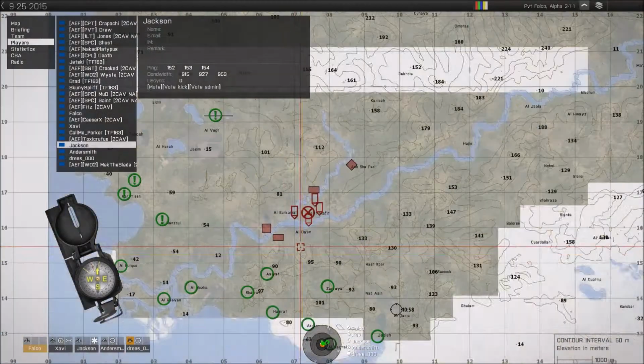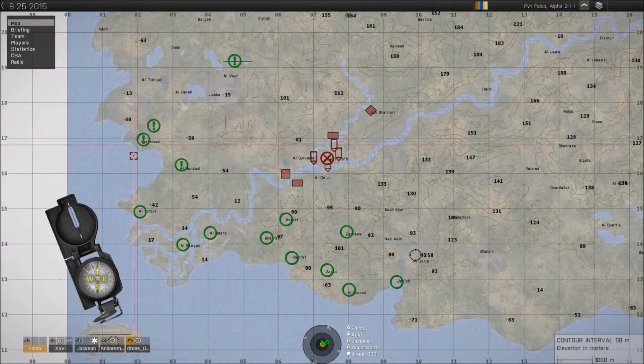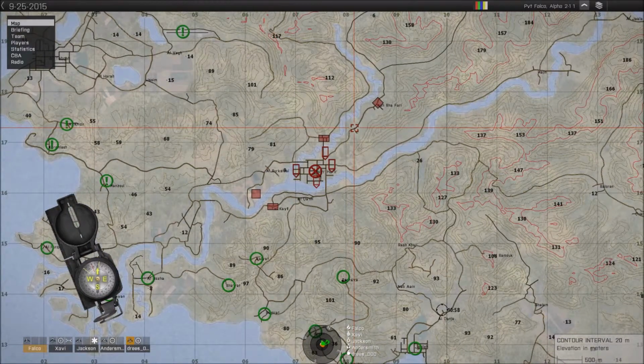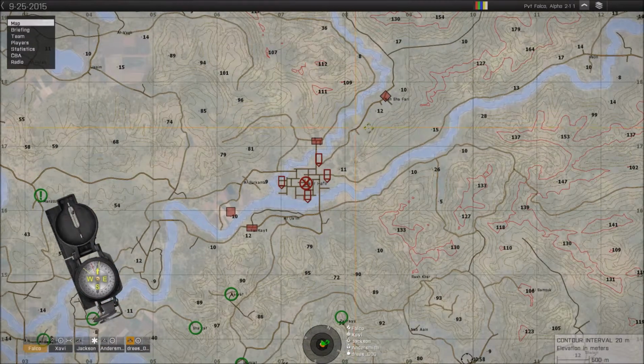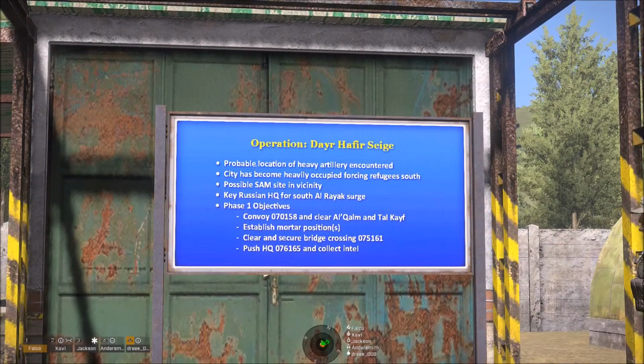Basically, what we're going to be doing today is assaulting head-on the Dayr Hafir area, while also simultaneously creating a diversion for Balaki efforts further to the west along the coast and some smaller villages to hopefully liberate those as well. The key points here, basically, last week upon